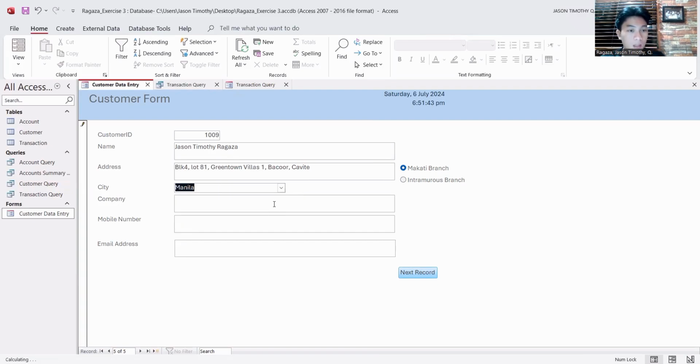Just click on Manila, and then company as Mapua, mobile number, and then the email address.